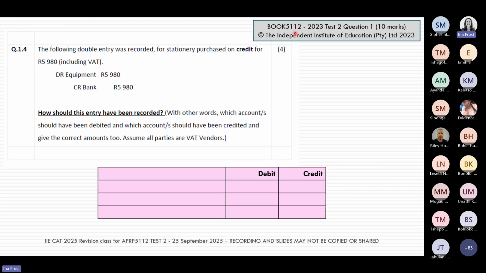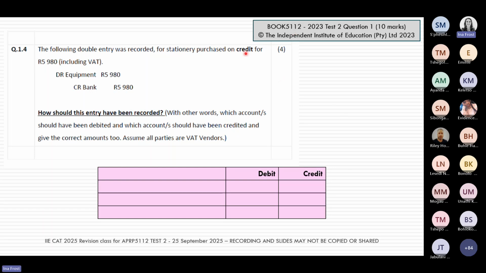and maybe if you've just joined us a little bit late, if you're looking for past papers that cover similar material as your module, please go and look at the book 5112 past papers. That module uses your same textbook, so that will give you just some idea of how we can test you on this Learning Units 3 and 4.